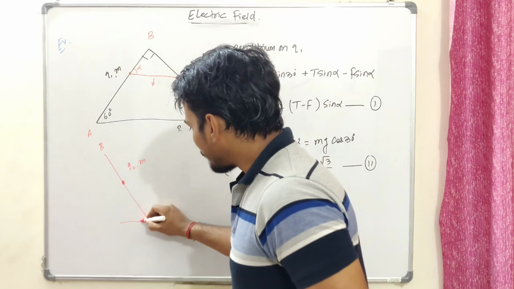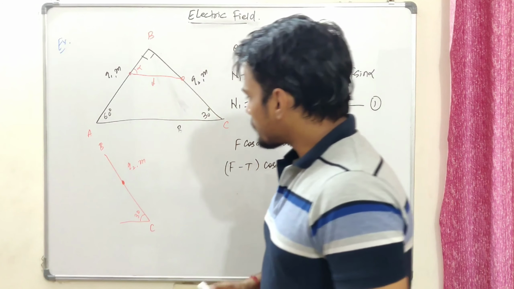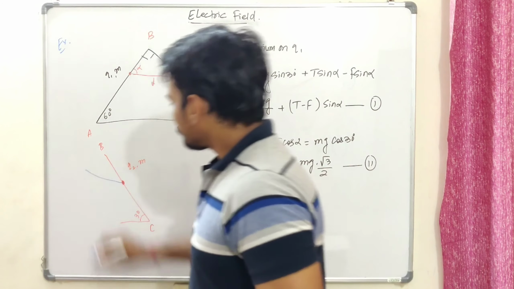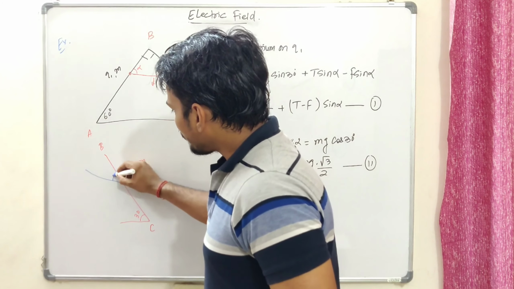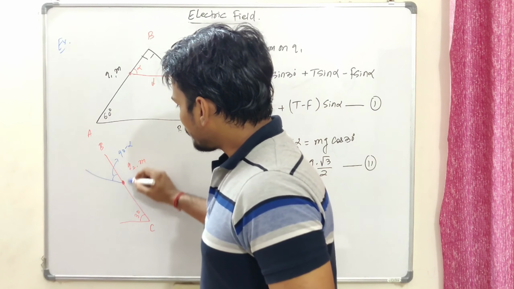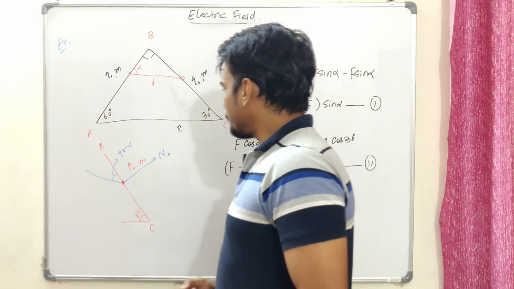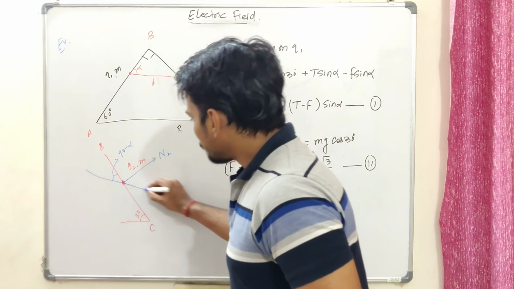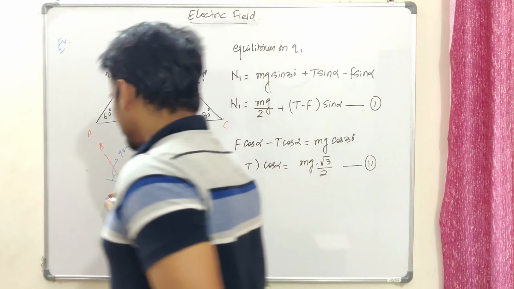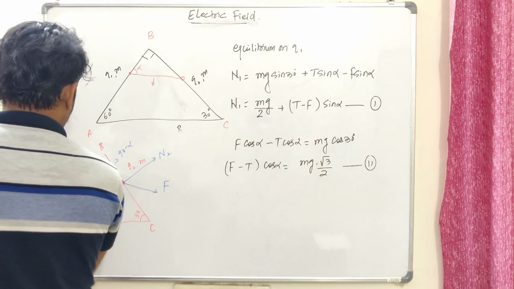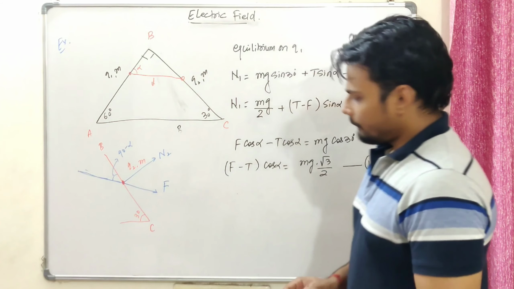Make sure you do write up the angle over there. This is 30. Okay, the chord is somewhat like this. Now look at this triangle, alpha 90, so this angle should be how much? 90 minus alpha. Okay, now we'll be having a normal N2 along the plane. We're going to be having a force in this way, right? Let me make it a bit straight. So yeah, okay, now fair enough.